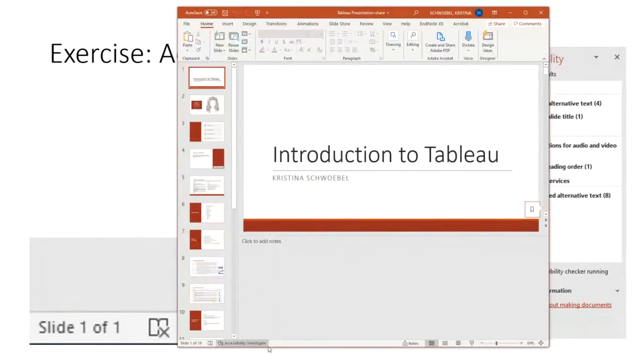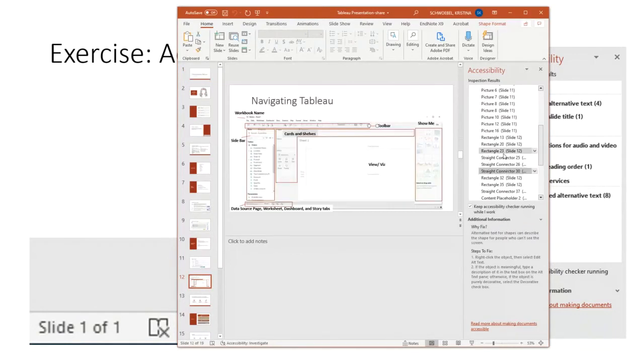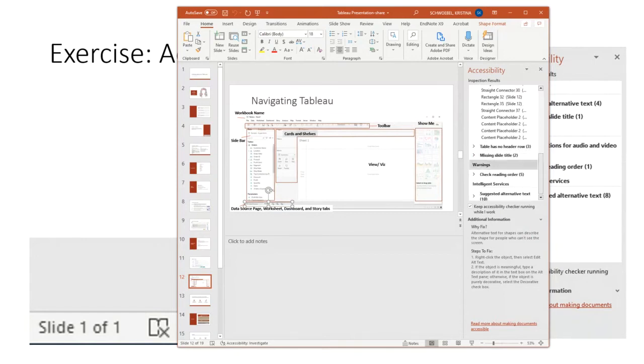And if you click on the little bottom left, there's going to be an Accessibility Investigate option right there. So you should see this also on your own PowerPoint slides. And this is going to search for where there are possible areas that you can update, where either you need to add some additional information to make it more accessible or possibly remove things. So it has things like missing alternative text, where I didn't add in alternative text for any of my images. It has things like reading order, which is really important when you're evaluating the